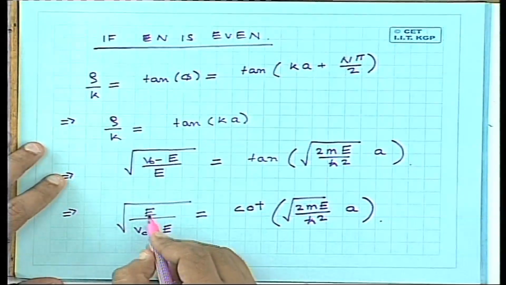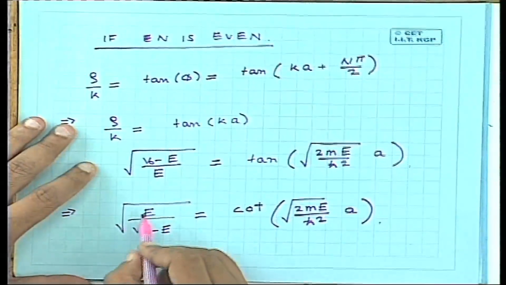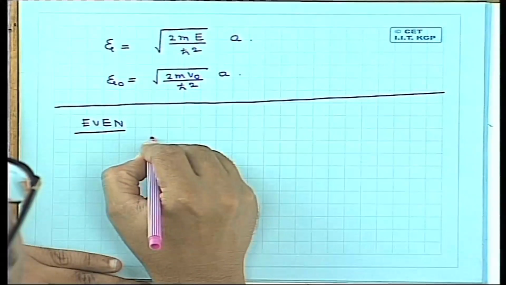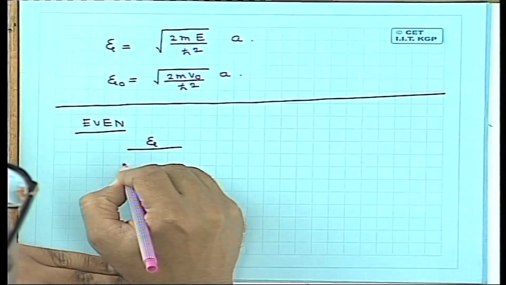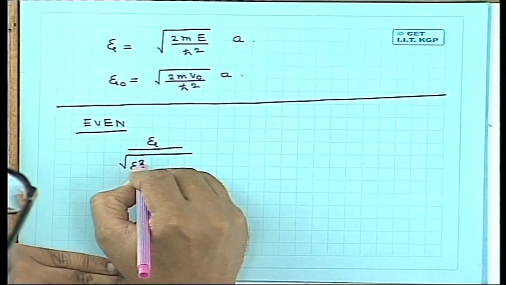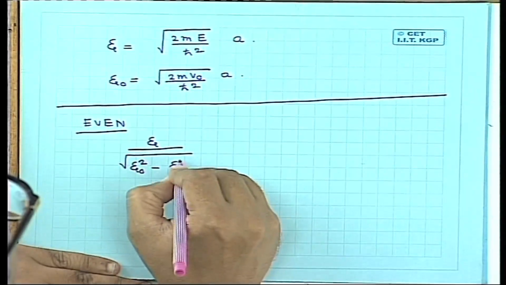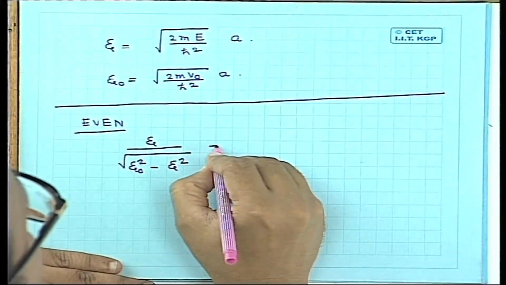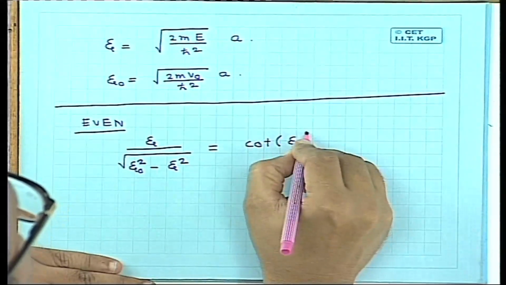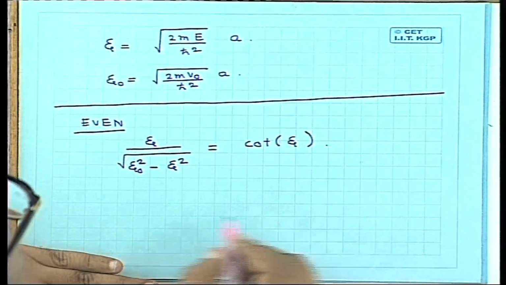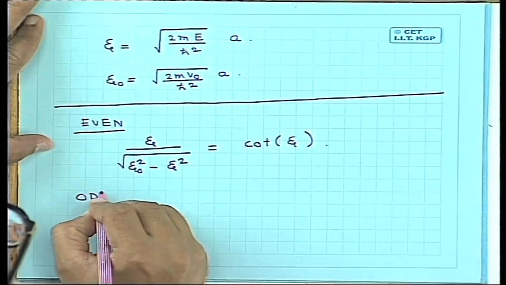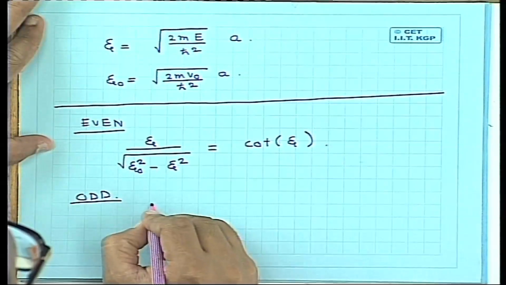And if you use xi instead of E, then this whole thing can be written as xi by square root of xi naught squared minus xi squared is equal to cot xi. This is if it is even, and if it is odd, then we have